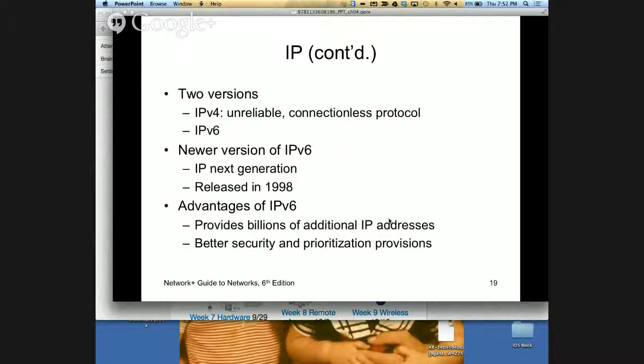There are 2 versions. You've heard of version 4. That's the one we have now currently that most all computer networks use. It's a connectionless protocol, unreliable in the fact that it's limited in its scope. And version 6 is the next generation, released in '98. All of your NIC cards have this capability now, and all networks can use it. It provides billions of additional IP addresses to the IP ranges, and there is better security and prioritization that's given in